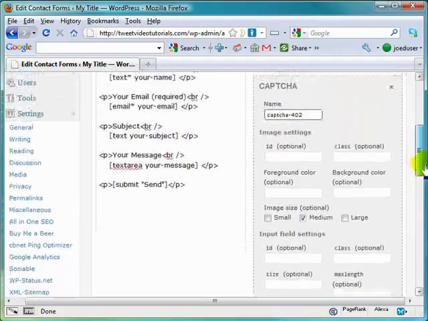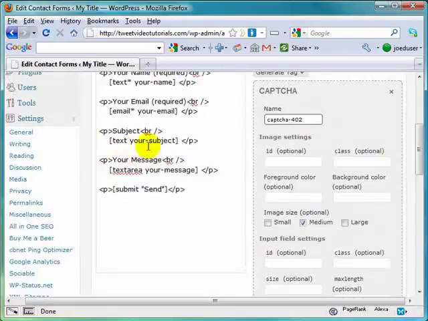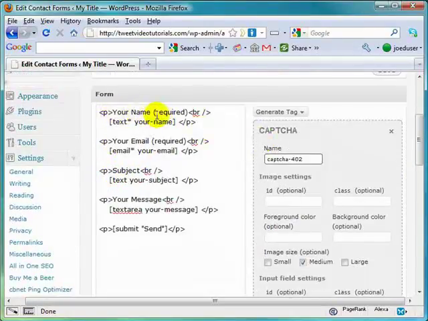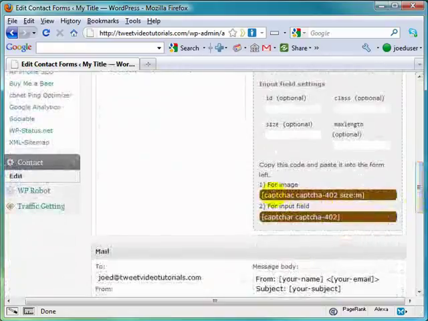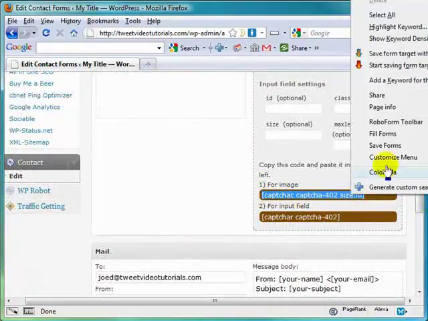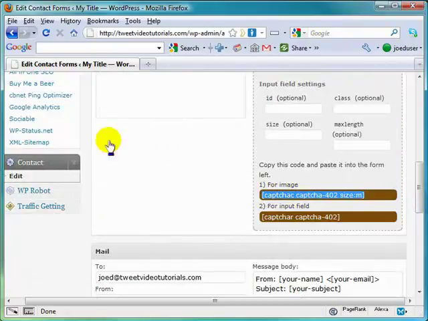But pretty much what we're looking to do is right here on the left hand side, at the top here, you're going to have your name, your email, the subject, and again, this is your customer, the visitor, and then their message is going to go here, and then just before the submit button, right in this area here, is where you're going to put this CAPTCHA image stuff. So basically all we need to do is highlight that, copy,